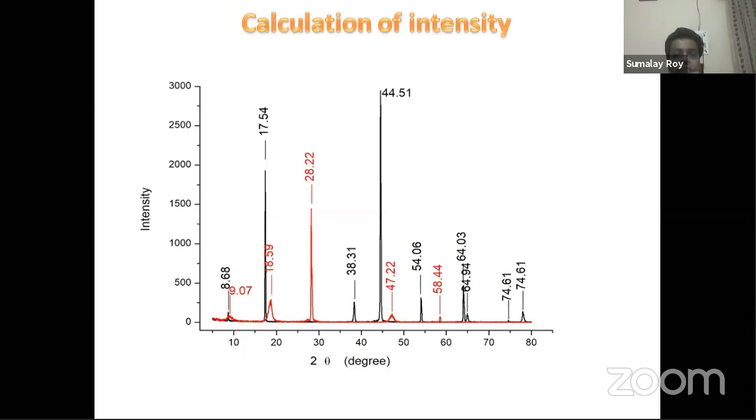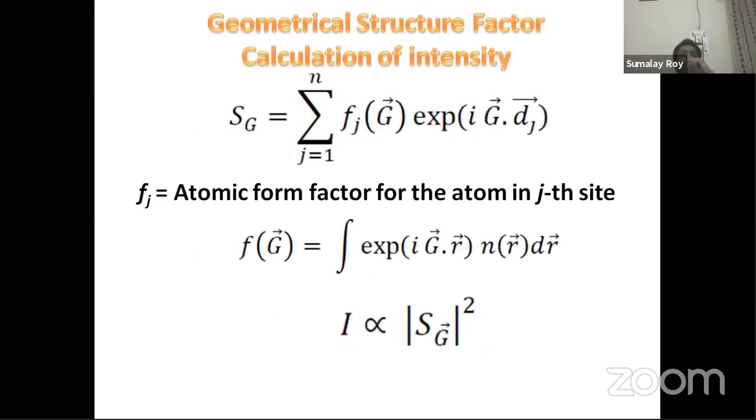They did not talk about the intensity of the diffraction peak, because here you see an experimental diffraction diagram. At different angles we have different intensities, but the Bragg diffraction law and the Laue diffraction law don't give any idea about the intensity, because these are nothing but the conditions of diffraction, whether the condition of diffraction is satisfied or not. That is the Bragg diffraction or Laue diffraction. But to calculate the intensity, what you need to know is the geometrical structure factor.